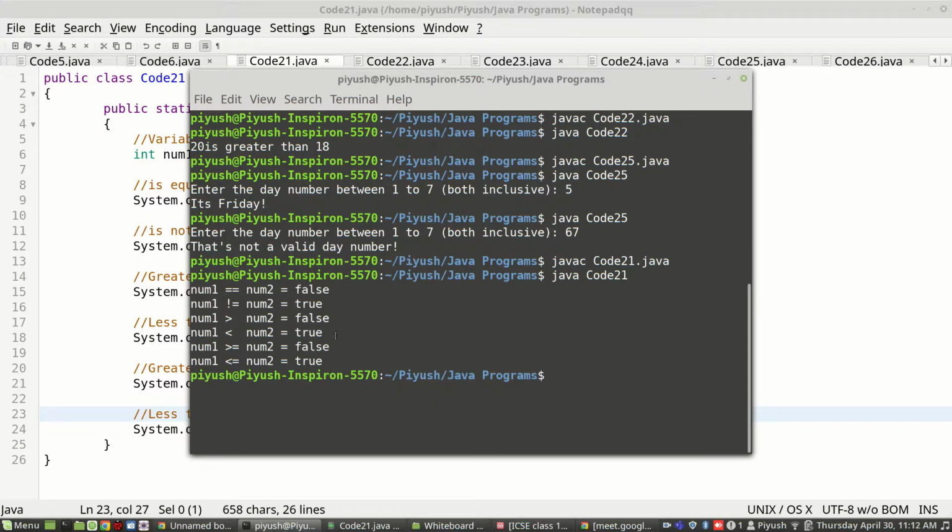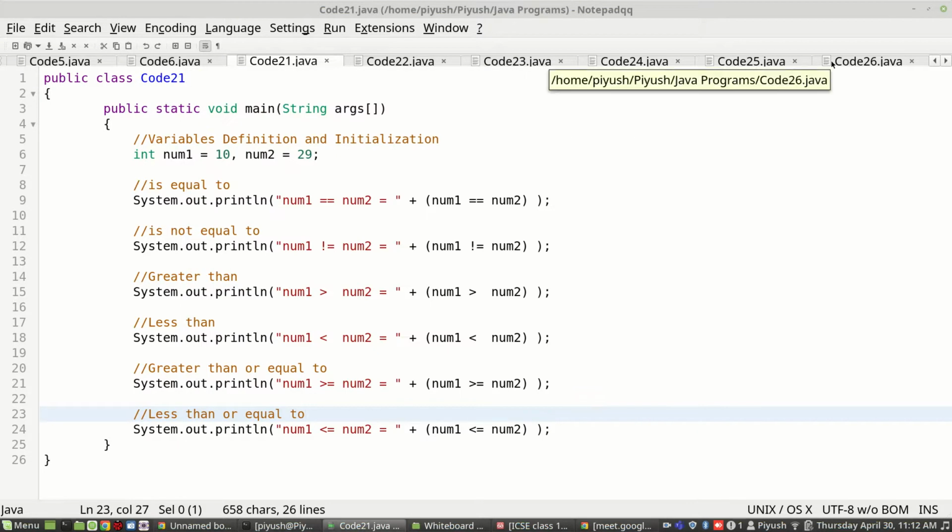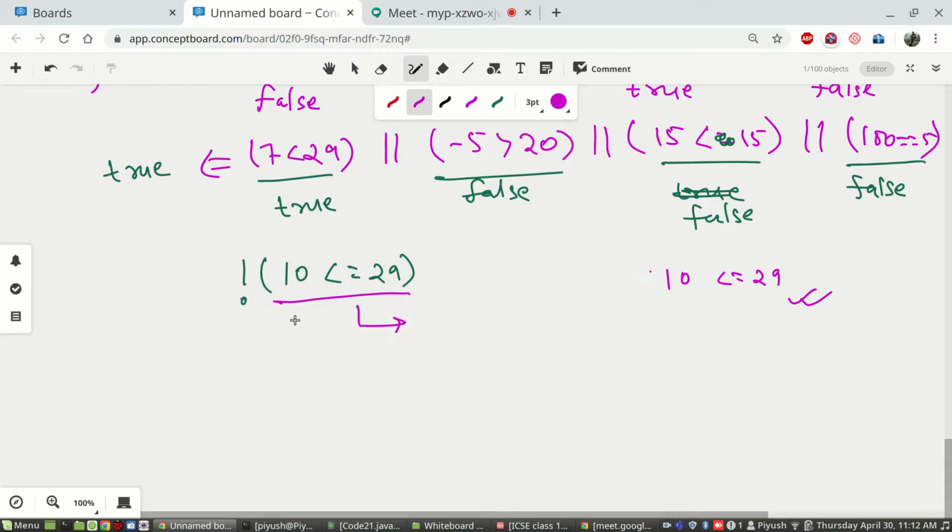You can see the last one is true. If you solve this expression individually, this condition, it will result in true because 10 is actually less than equals to 29.